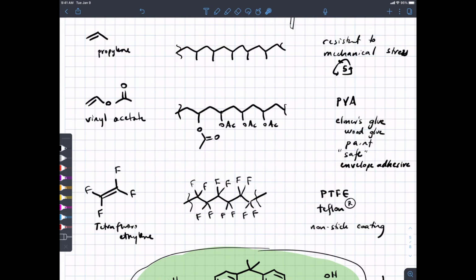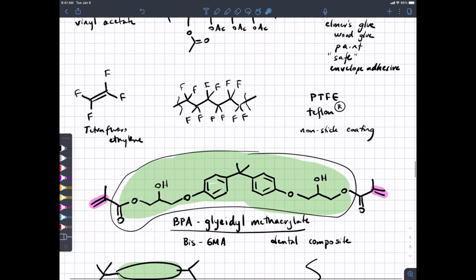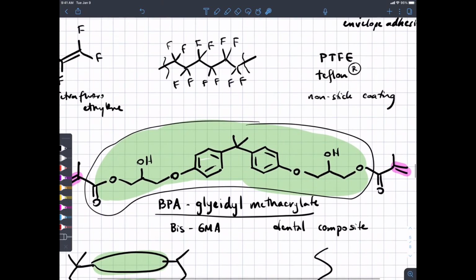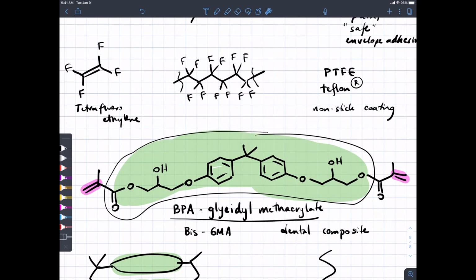Finally, not finally, we got more stuff to do maybe. For those of you who anticipate careers in dentistry, I present BPA glycidyl methacrylate, or BIS-GMA. This is dental composite. All right. So if you've been to the dentist before and gotten a filling, if you have never had a cavity, yay for you. But the rest of us who've had cavities,